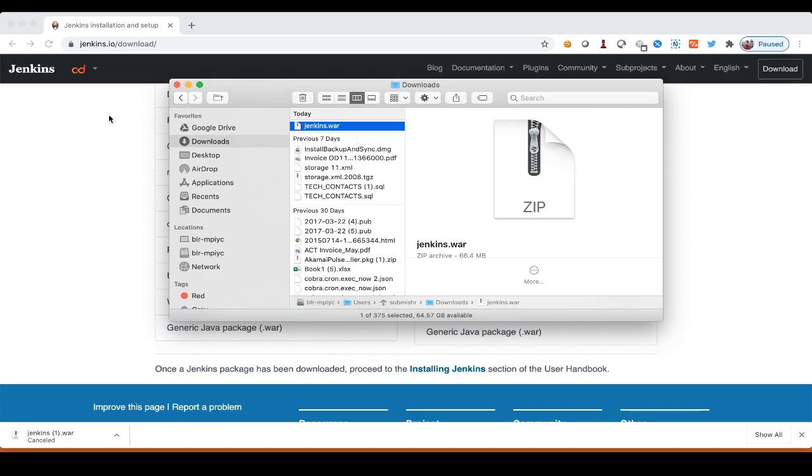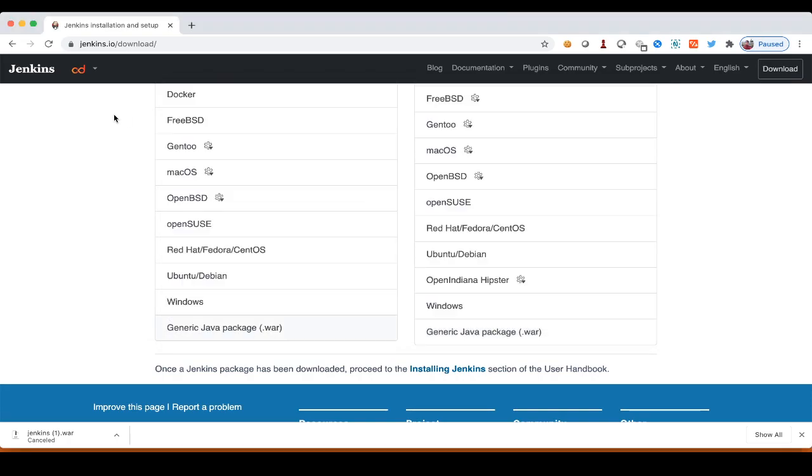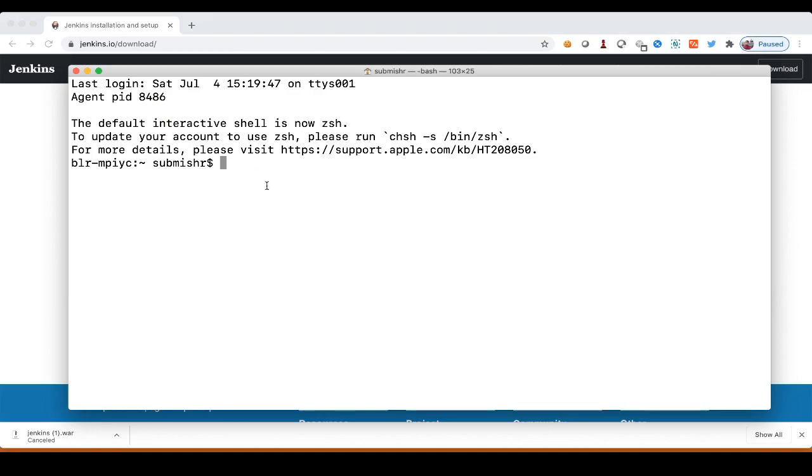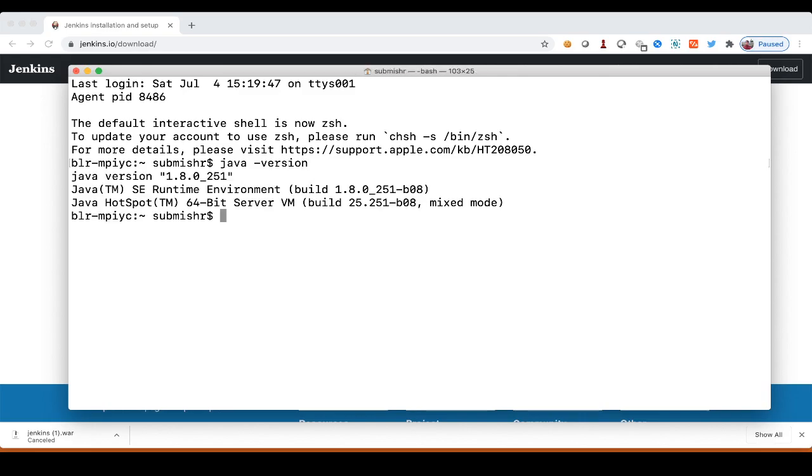For now, let's open the terminal, and first we need to check whether you have Java installed on your machine or not. To do that, you can type java -version. I have Java 1.8.0, so Java is installed on my machine and we are good to proceed further.